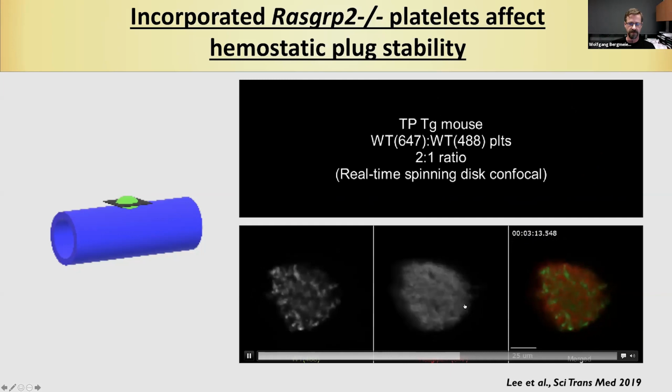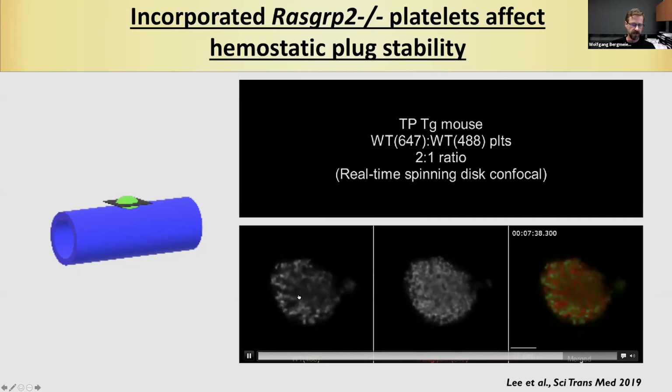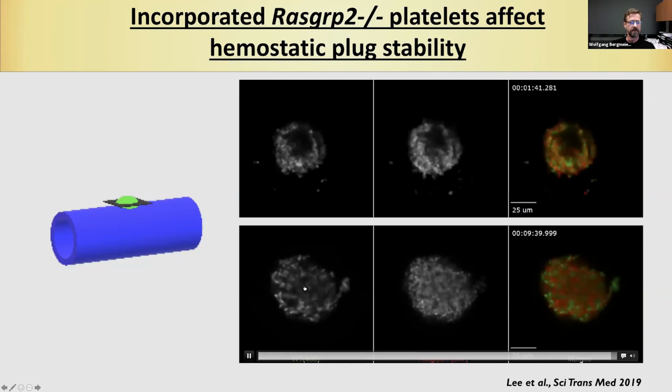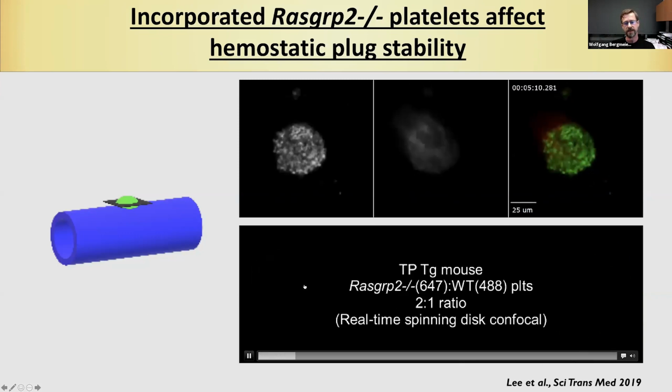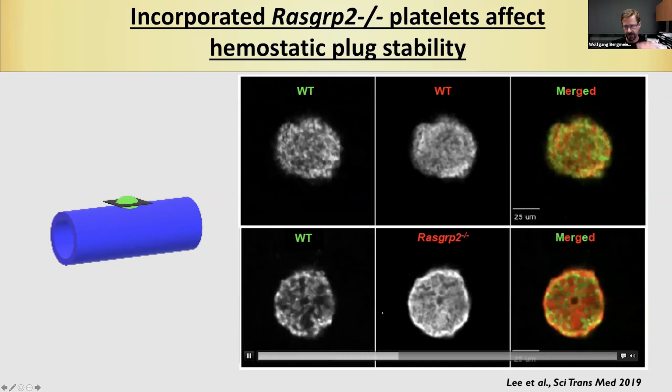There's a lot of sloughing off of platelets at the edges. And not only that, what you see is that there are areas within the plug where the wild-type platelets are not present anymore, and what you see is mostly mutant platelets. If you go in later on and take an image of that, you can see that there are territories within the plug that are basically exclusively occupied by mutant platelets, and there are territories where we have mostly